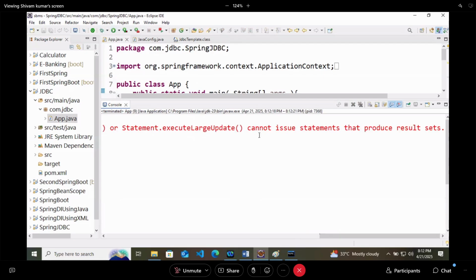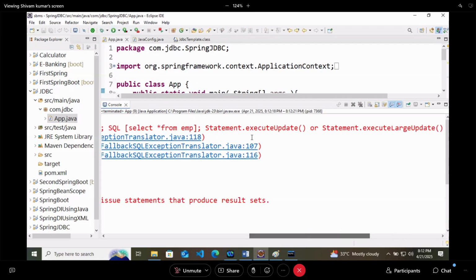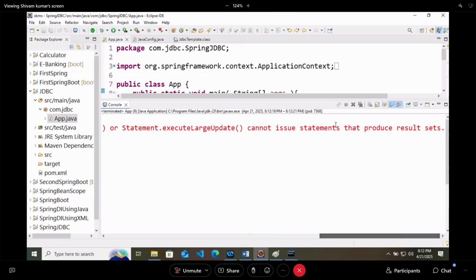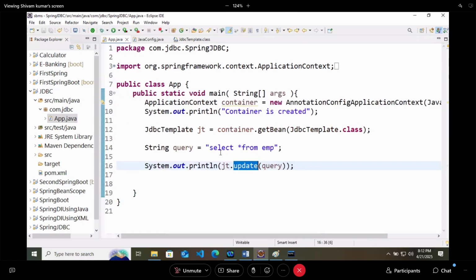The reason is that the update method cannot issue a statement that produces a result set. This is saying that you cannot use the update method for generating a result set.